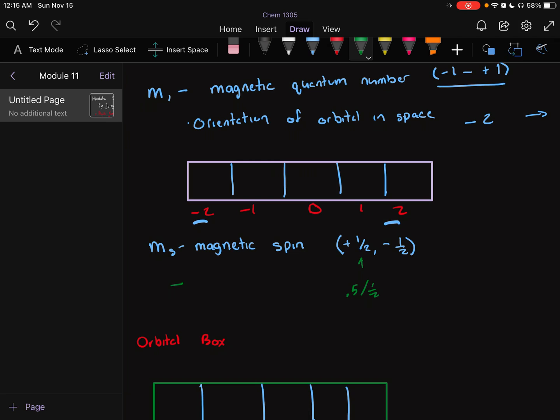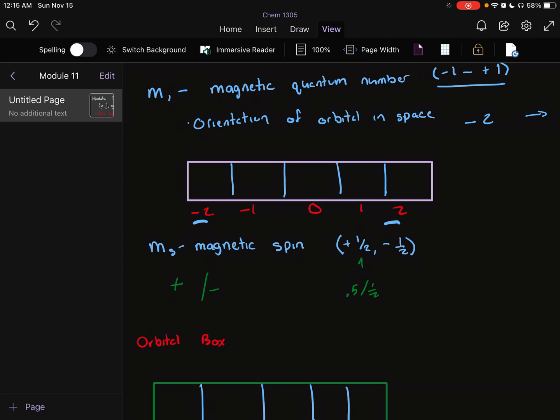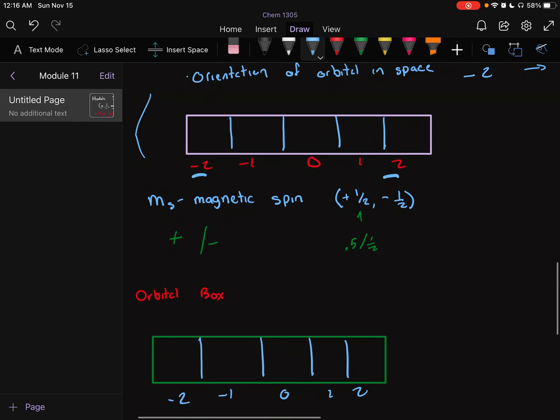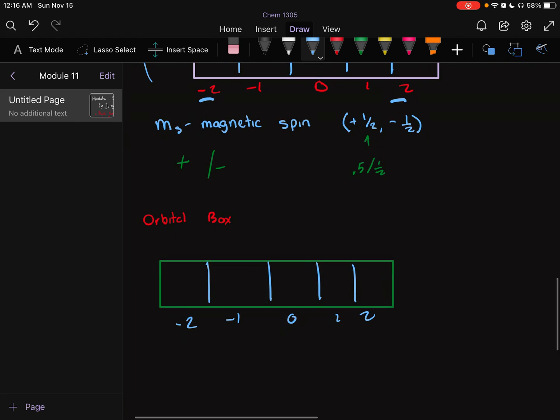There are positives and negatives because electrons have a spin. It can spin counterclockwise or clockwise: if it spins clockwise, it's positive, and if it spins counterclockwise, it's negative. And what do we do with this information? Well, if we take the m numbers, specifically ml and ms, we can create what we call an orbital box diagram. Say we're talking about an electron that is on the d orbital. Remember that the d orbital has an l of 2. And it also